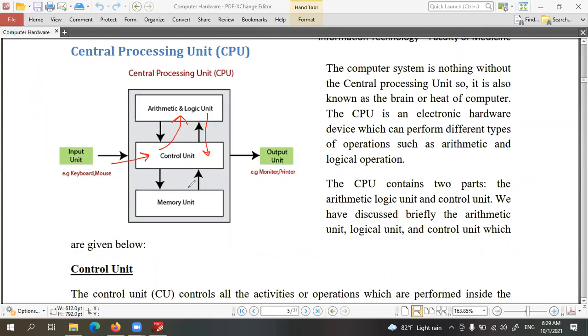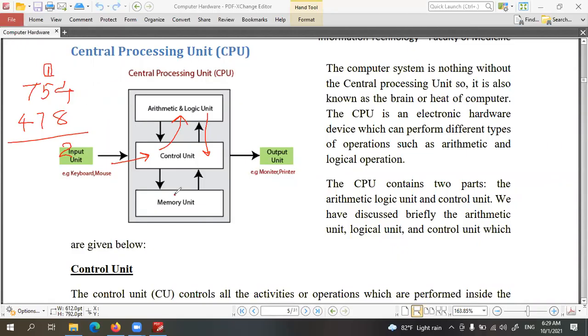So this memory unit is to keep data which are necessary while processing. For example, if you're going to add 7, 5, 4, 8, 4 plus 8 is 12, right? So we're going to put 2 here, and the remaining 1 will be written here. So this is the additional memory.